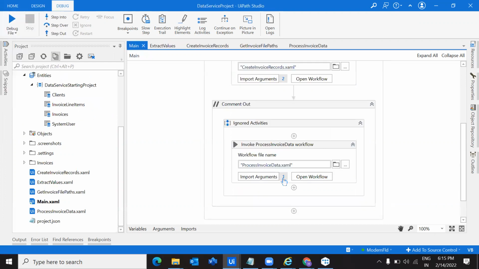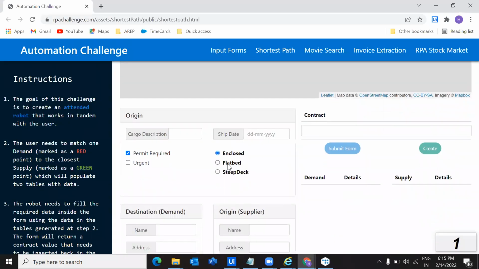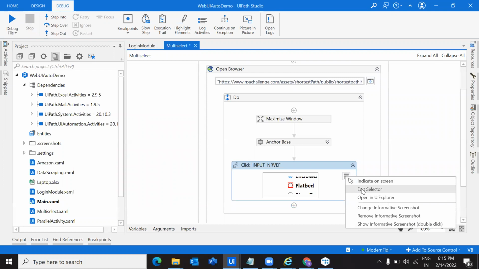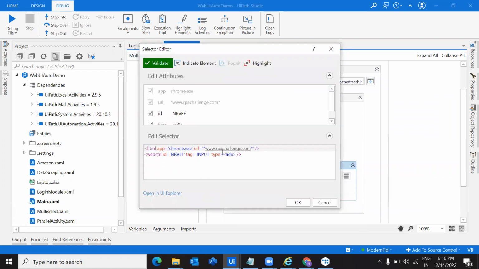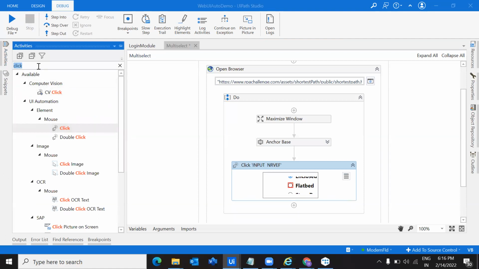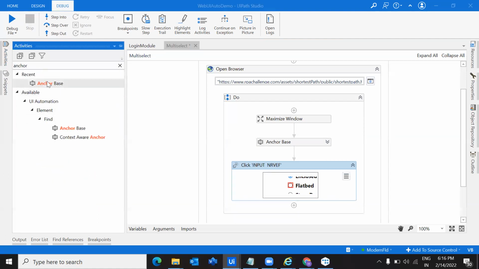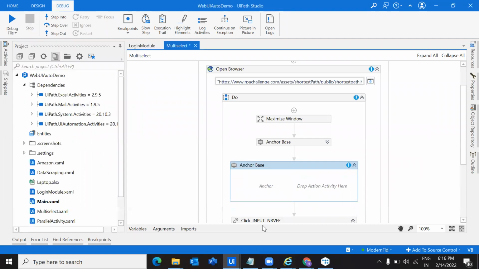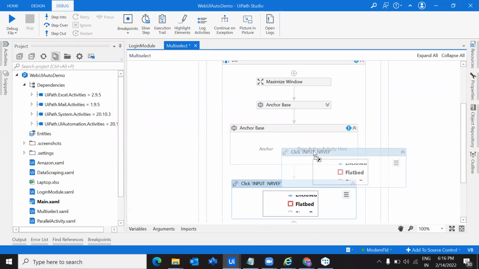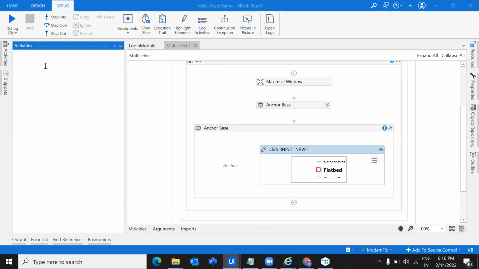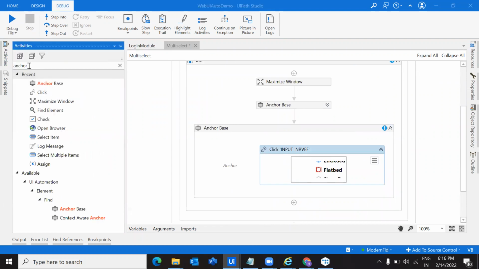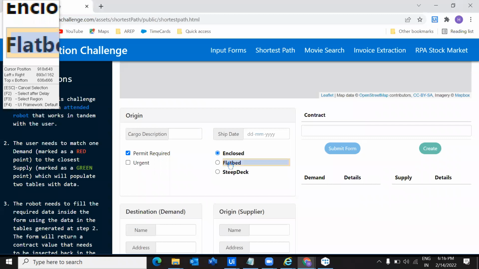So let's indicate here. Okay, so if you see, the id is varying all the time. We have seen how this was varying previously. So for that, you just have to take an anchor base in the same way we have done earlier. Just pull an anchor base, and then this is the action. Click is an action, then find element. Pull this find element here, and then take this